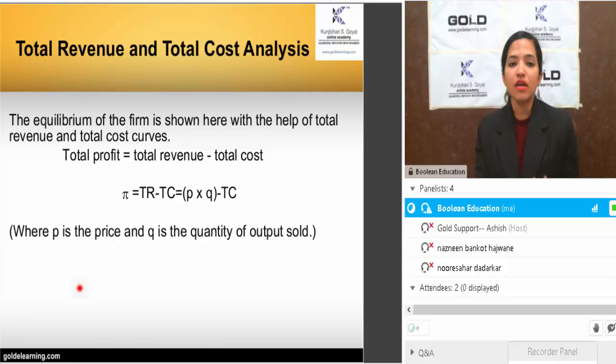Let's see how we have rewritten the formula. Yes, the profit equals TR minus TC. Rewriting it, in brackets we have written P into Q. This will give you total revenue minus total cost. Right? This will give you your supernormal profit level, where P is price and Q is quantity of the